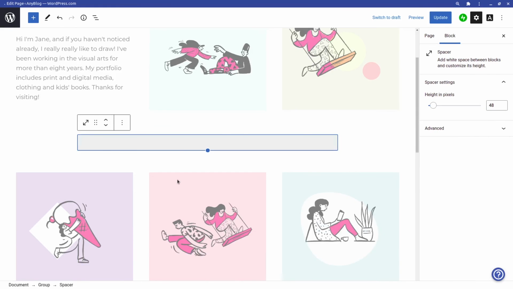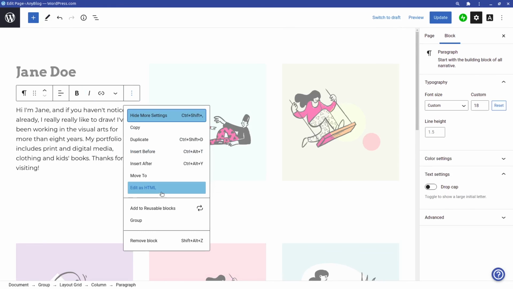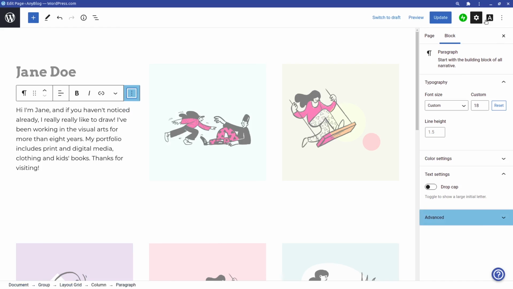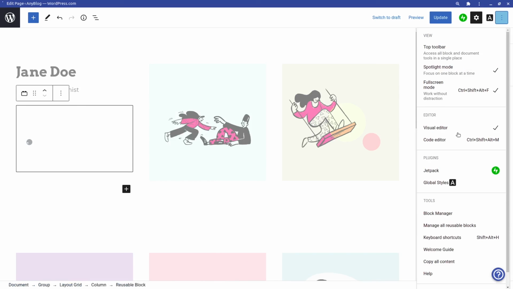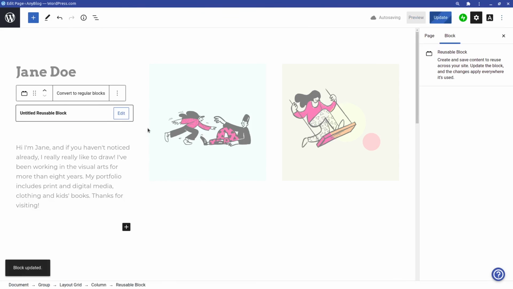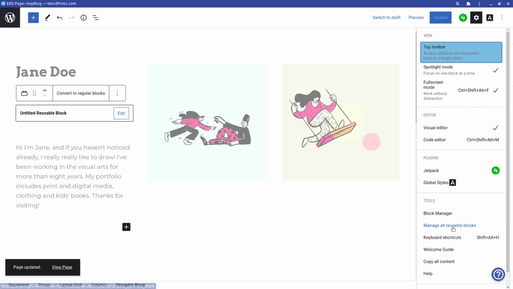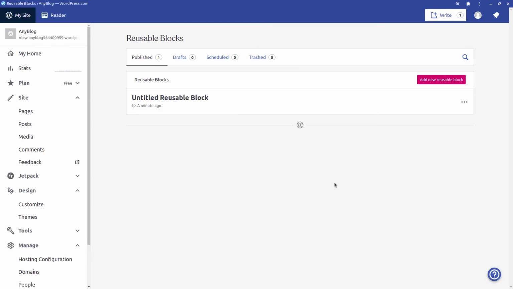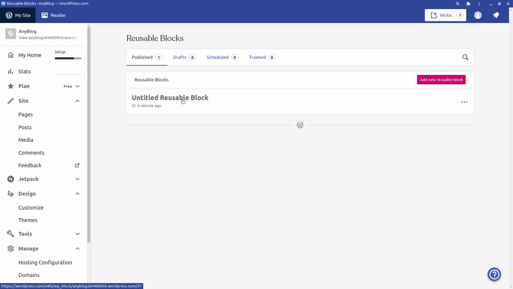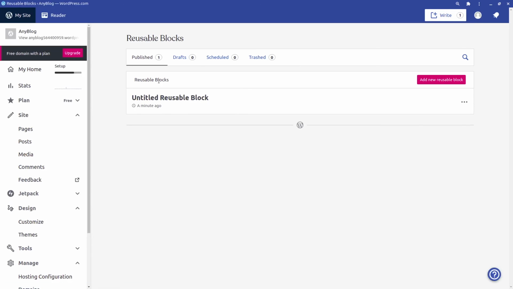So now I'll add this into the reusable blocks, and then I will go to here. Alright, so this block is updated, and then let's go to manage all reusable blocks, and let's see if it's here. Alright, so we have this untitled reusable block, which is the paragraph block that I added just now.